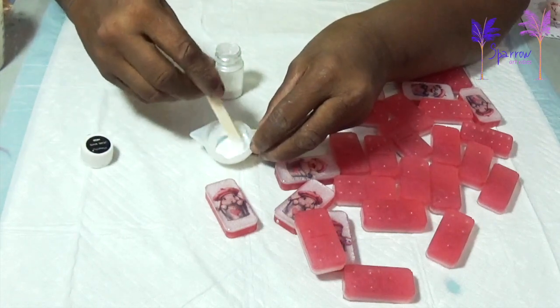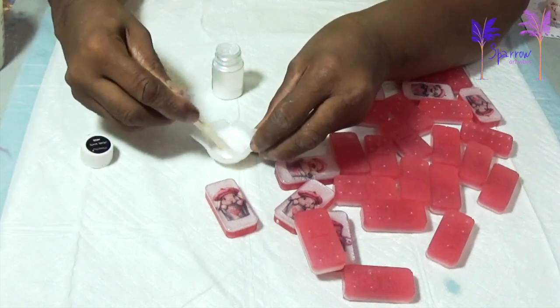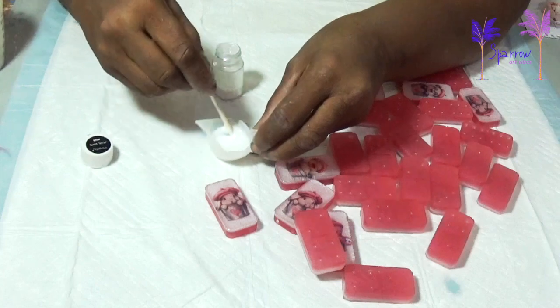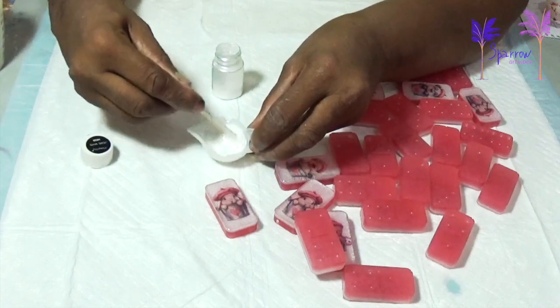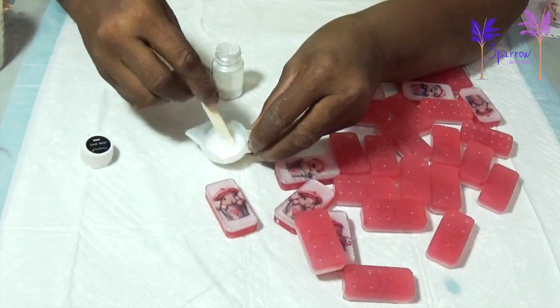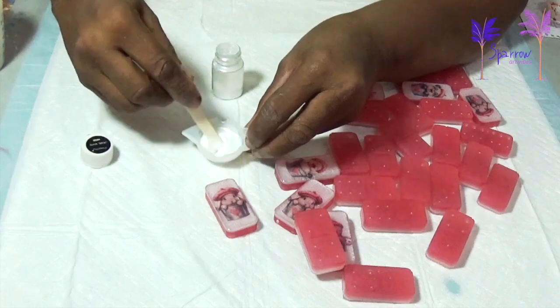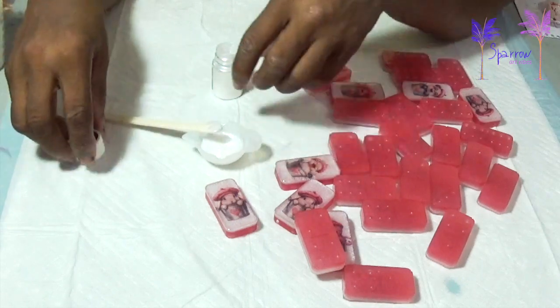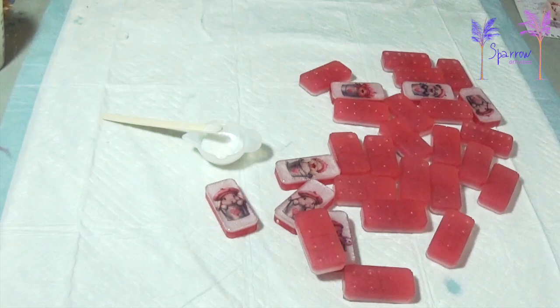And I don't wear my nitrile gloves with the varnish, in case somebody is saying, oh, she forgot to put her gloves on. No, I usually don't wear gloves when I'm doing this step, because varnish can wash off of your hands pretty easily. It will clean up with water. And so once that's mixed,